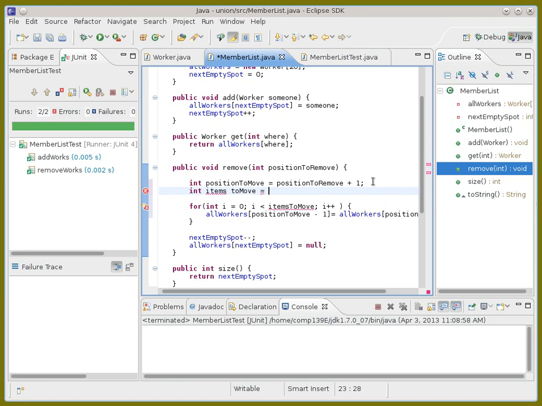Okay, so I take the number of items minus whatever the +1 position is, and that should give it. So the number of items to move is, we'll just do it this way for a second, the size minus